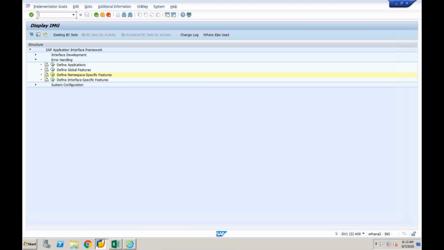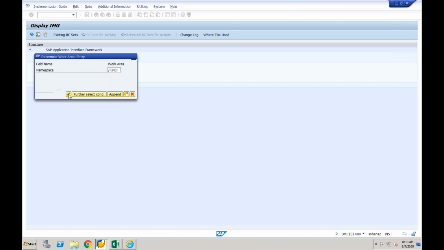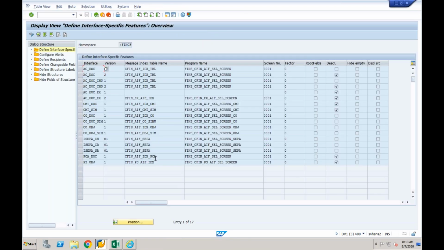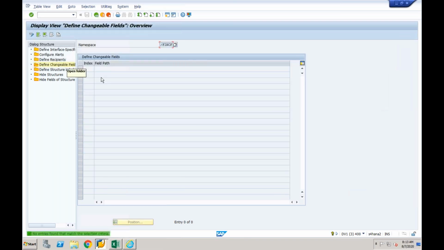So maybe if you go here, for this namespace, you have only display authorization. Normally this is also controlled by your AIF, which is your technical team. But let's see the display access also. So here, this is a place where you will be able to define the changeable fields. Okay, so for accounting document, for controlling document, let's go for the accounting document interface. Here you will go to the changeable fields, and this is where you will be able to specify which fields